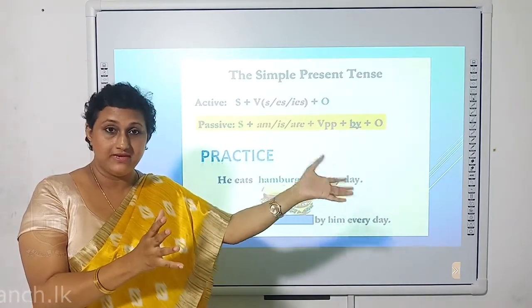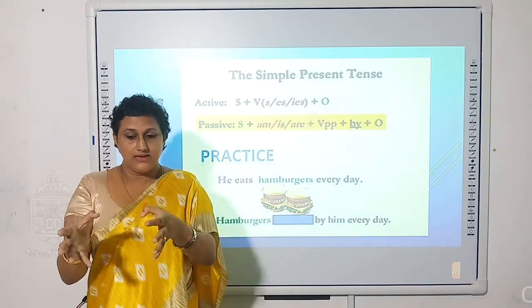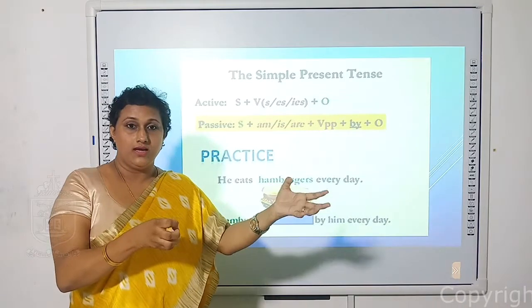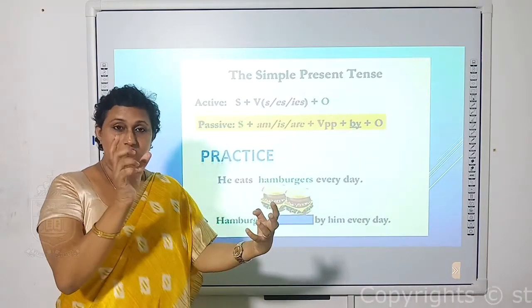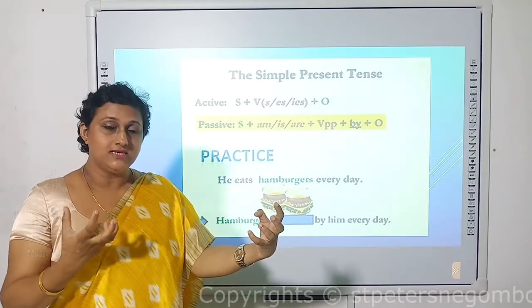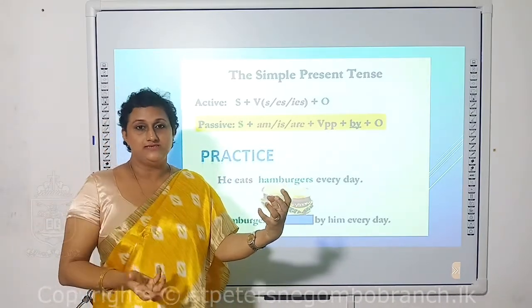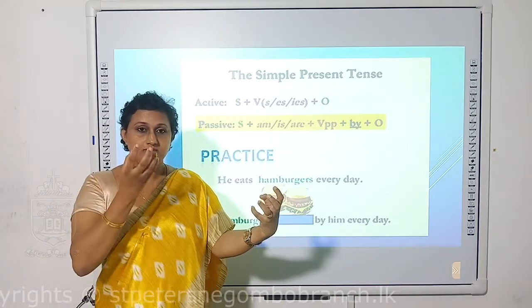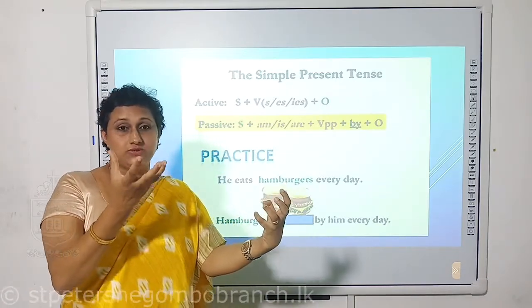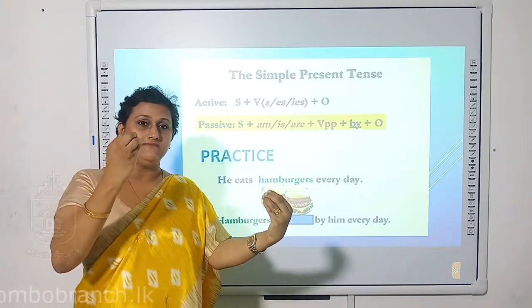No object is there when it comes to an intransitive verb. But with a transitive verb, like "the child broke the window," an object is there. So when you change active into passive voice, only these transitive verb sentences can be changed into passive voice. Only sentences which hold transitive verbs can be changed from active to passive